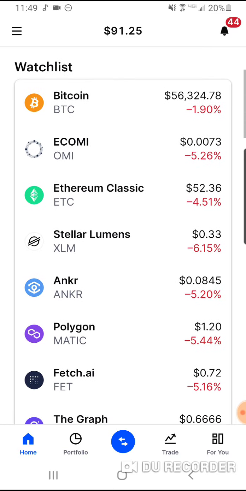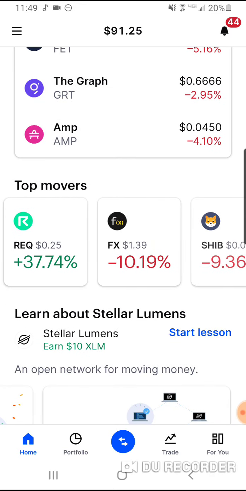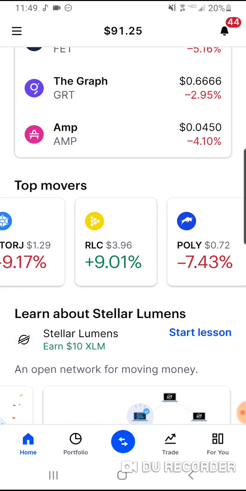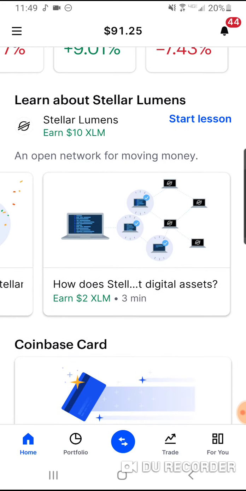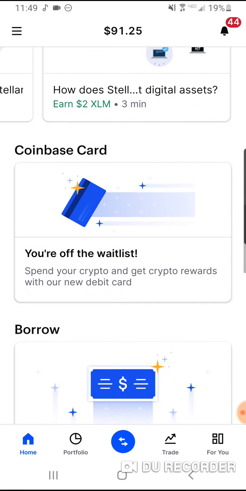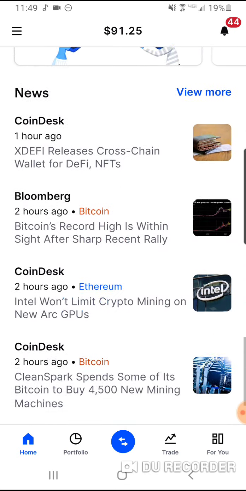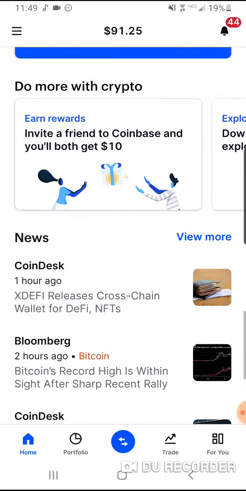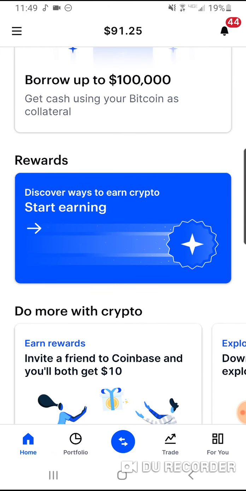All right. So let me know what you guys think of Coinbase and how you guys use it, because I'm new to it. But I thought learning about crypto and earning dollars to buy the crypto is really easy. It was fun. You know, learning about it. I love learning new things. So tell me what you guys know about this app and how do I use it efficiently.